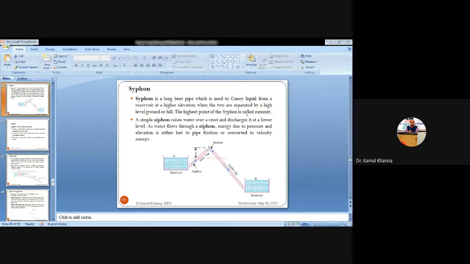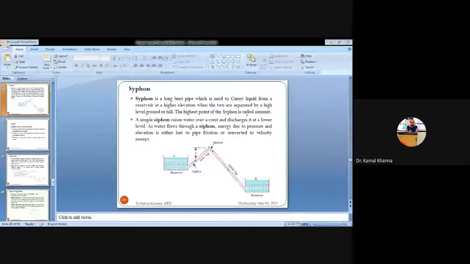So you can see this is also based on the principle of the total head. That is, energy can neither be created nor be destroyed. It can only be converted from one form to another form. So whenever you are transporting the water using that siphon tube, the first end is connected at the higher point, or at the point from where the water is to be transmitted, and the second point is at the lower ground level or at the lower portion of the hill.